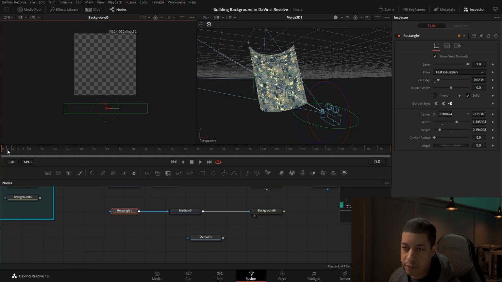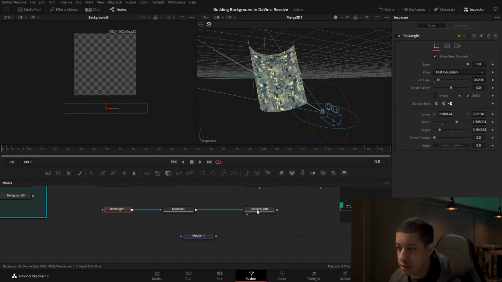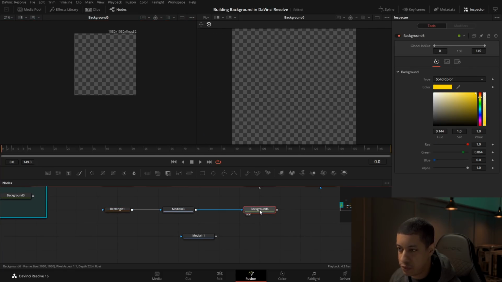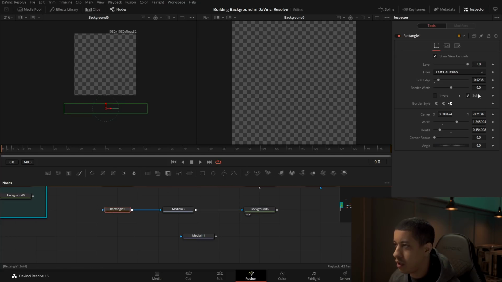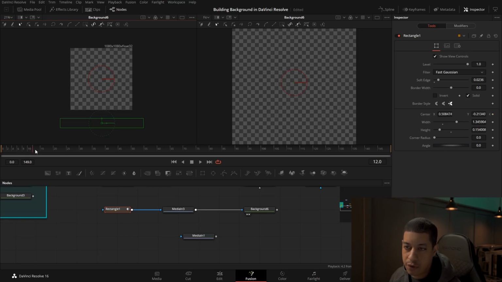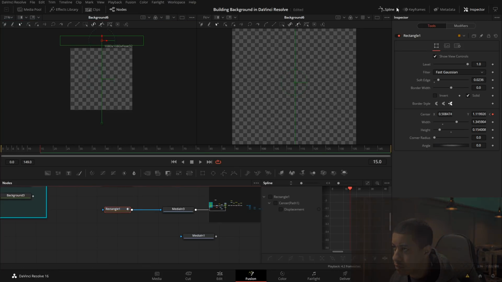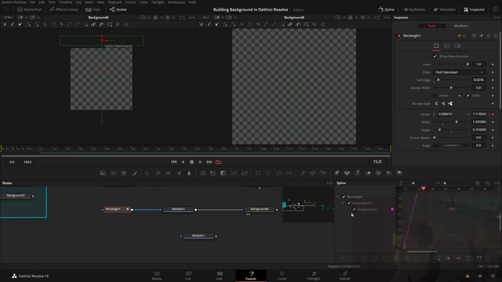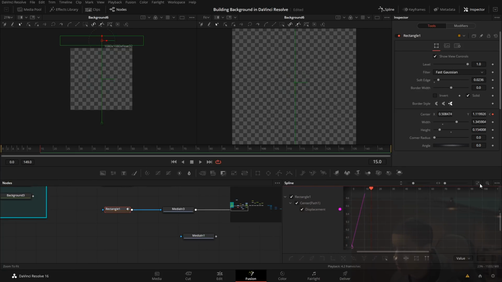And I'm going to come to the beginning of my timeline, and for now I'm going to turn off this view here, come to the beginning, click right here and keyframe the center, and come however long I want it to take, 15 frames, at 30 frames per second. So it'll take half a second to do that. Then in this rectangle, I can open up the spline, and we'll look at this displace just on this. And we can highlight all of the keyframes. It's only 2, for the start and the end here.